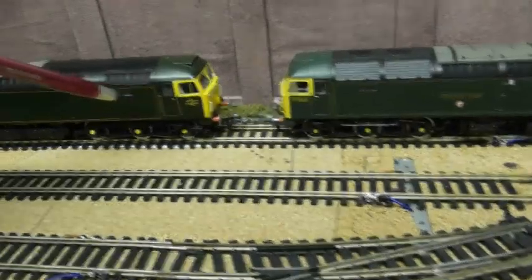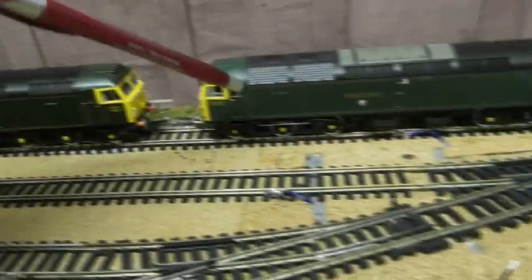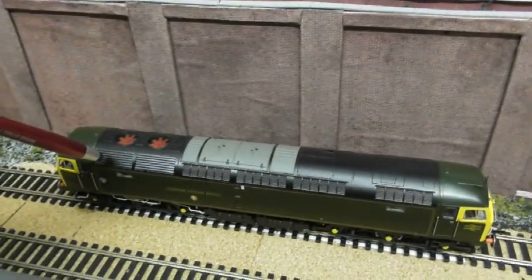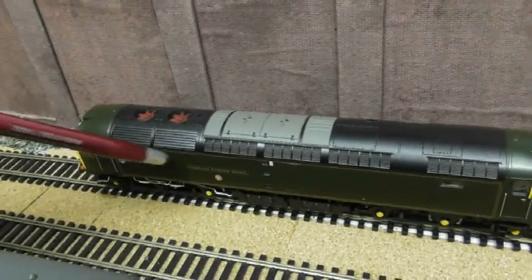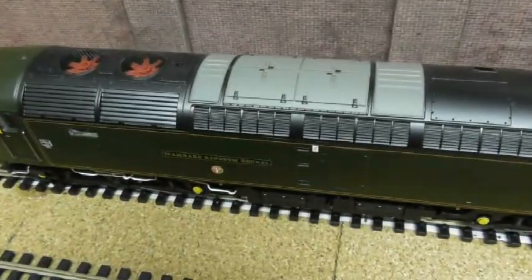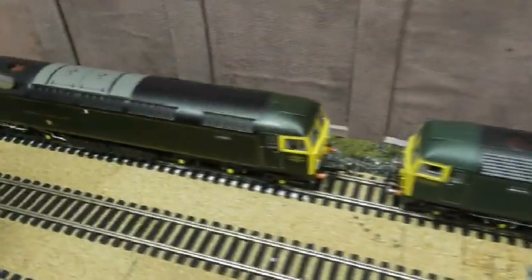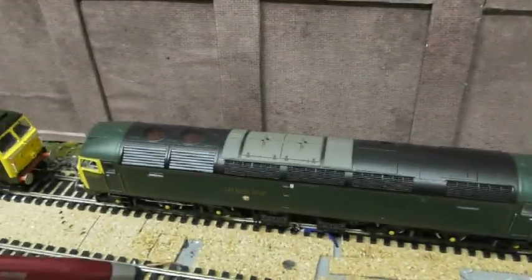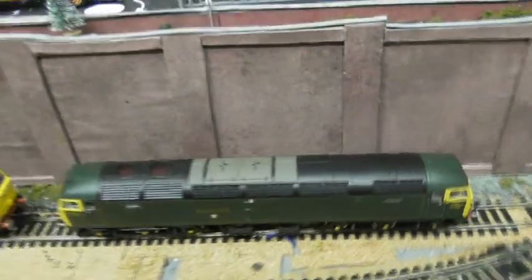And the border stripe round 47484 is red and black. It's silver and black on 628. Turning up to the grills and fan and radiators here, you'll notice on 47484 we've got these little, what I would call clips here, that are just visible on the 628, and the other air intakes here and outlets are portrayed in a slightly different design to those on 628, but it's actually the roof